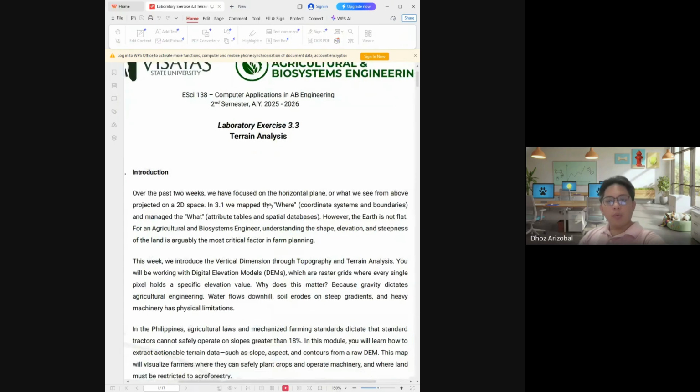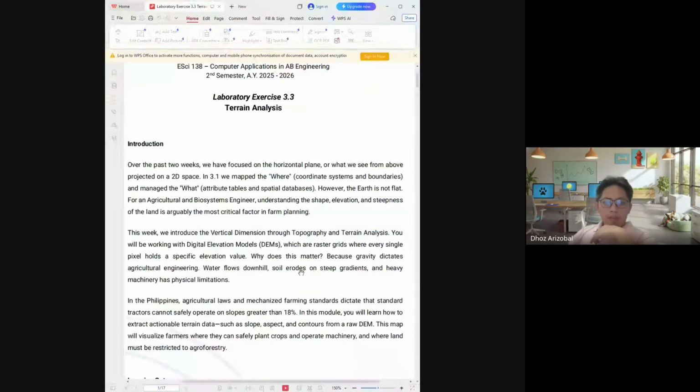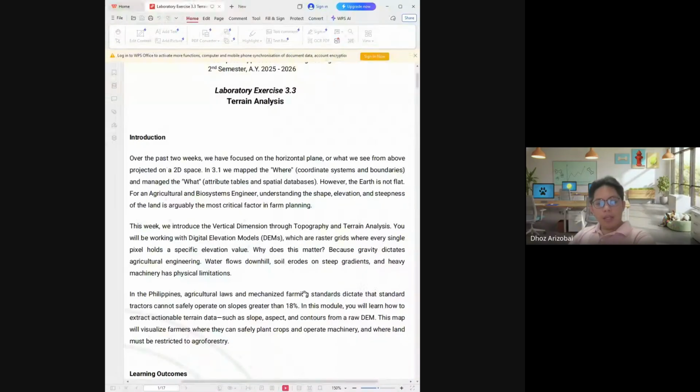You mapped where, which area, which location. Then on exercise 2, you managed data sets, attribute tables, databases. But for now, we'll try to apply more of our agricultural engineering concepts.